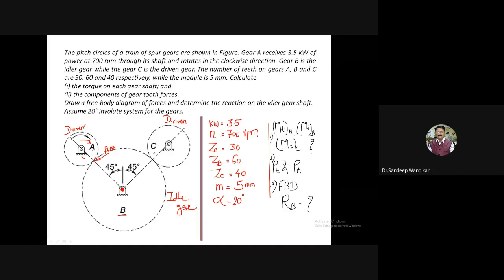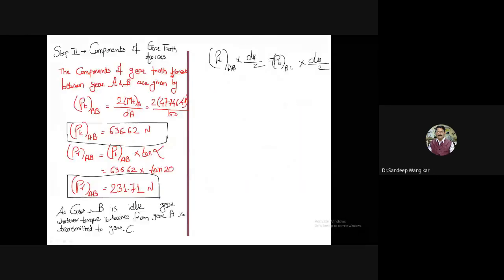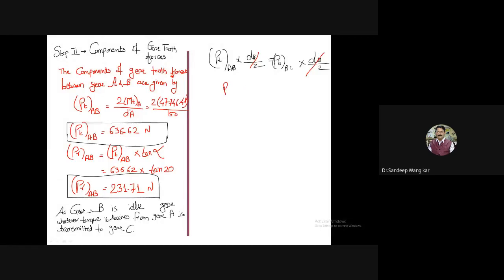This will be clockwise, and as the other is anti-clockwise, I will go for the direction separately. So the torque for B is given from this side by PTAB, the tangential force, into dB by 2. If I take this other force, then PTBC into dB by 2. As dB gets cancelled,